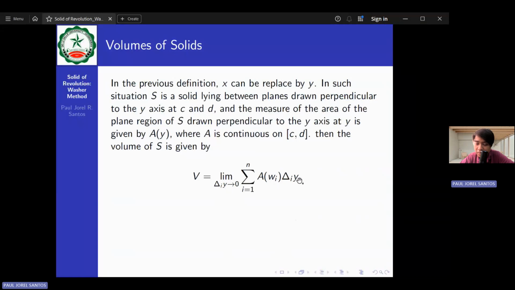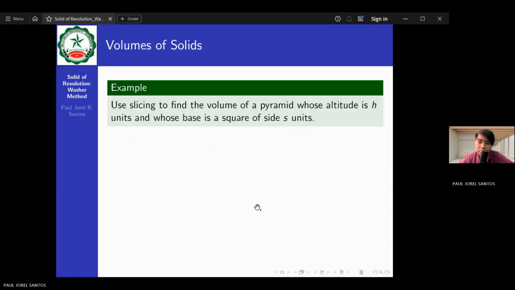And here, instead of having x, we also have y. That is the only difference in this case. And now the volume is the integral of A of y dy. A while ago, this was A of x dx. I just use a different letter or variable to represent the interval for y's. A while ago, I used a and b. Now I use from c to d.